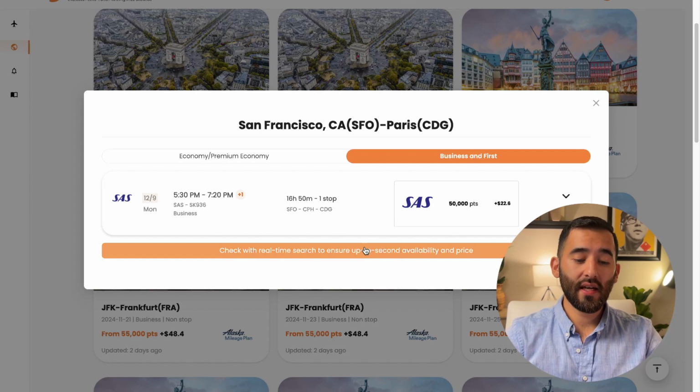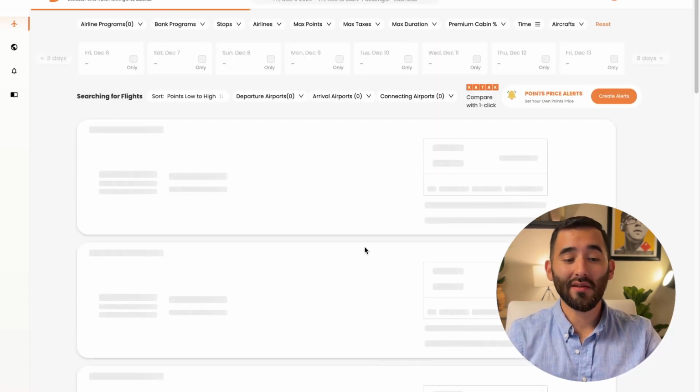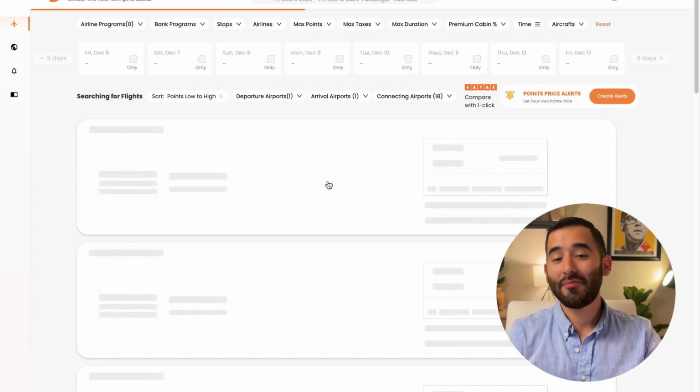So we can just click here, check with real-time search, and it will automatically pull up a new window and do that search for you for this flight to make sure it's still available. And now this is showing 8 days of award availability on this search